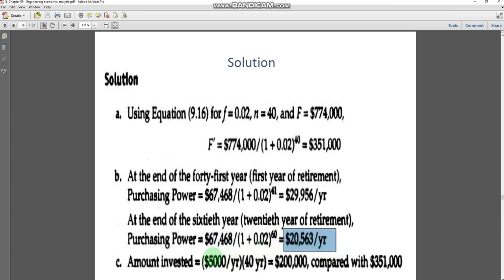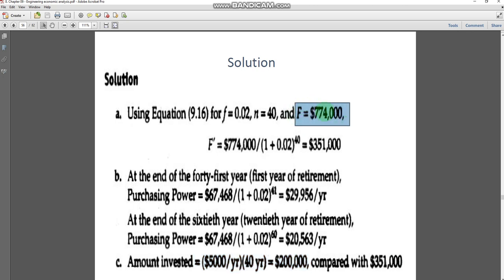Okay, now the amount invested, so how much money. The amount invested represents the amount of money invested in 40 years. So $5,000, if you simply deposit for 40 years, would be equal to $200,000. Okay. Now what we see here is that when you make the investment, from that investment you get the final amount